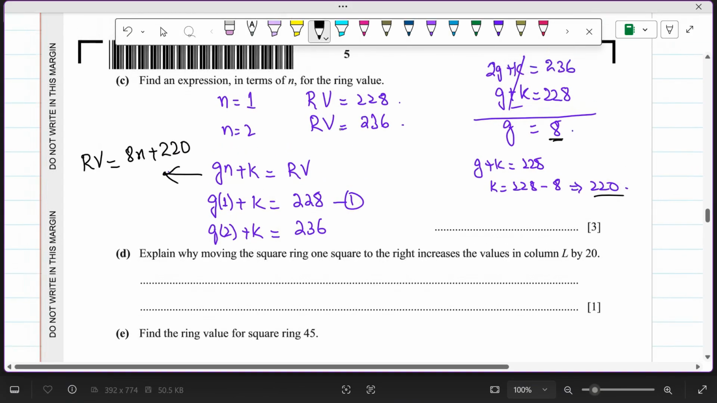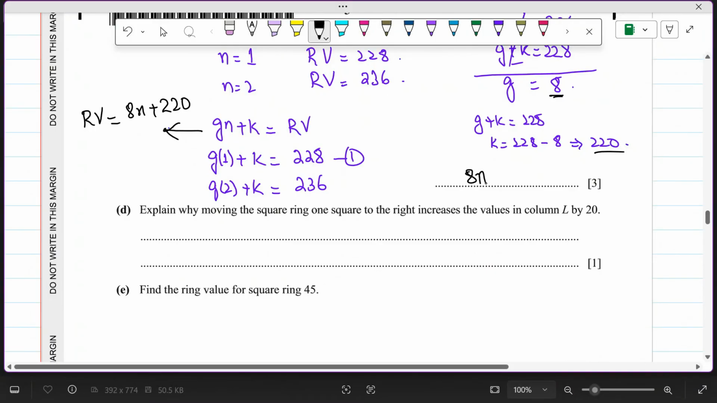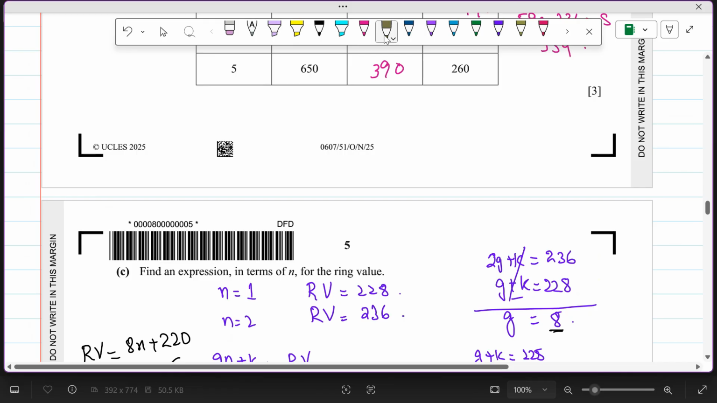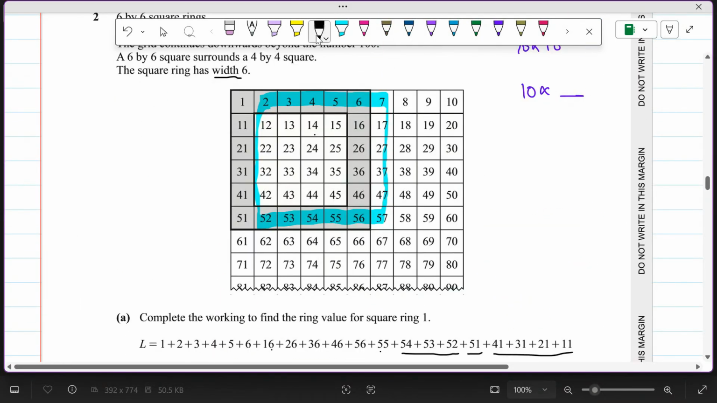So this is the expression for the ring value, which is 8n plus 220. Explain why moving the square ring 1 square to the right increases the value in column L by 20. We just observed that there's an increase of 20. So why increasing by 20? When we have this square,